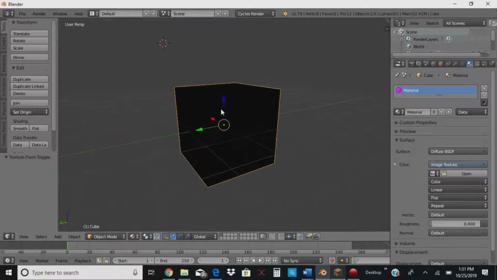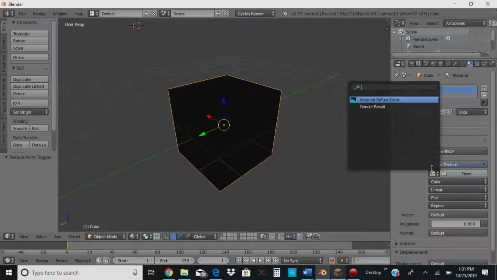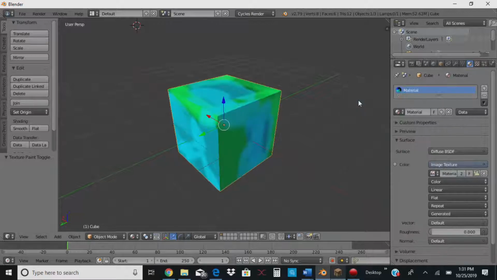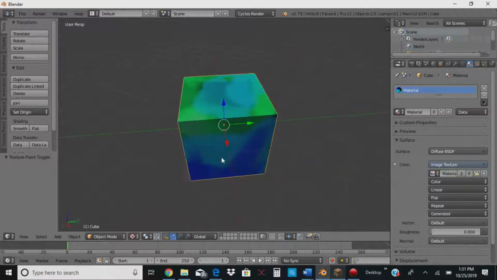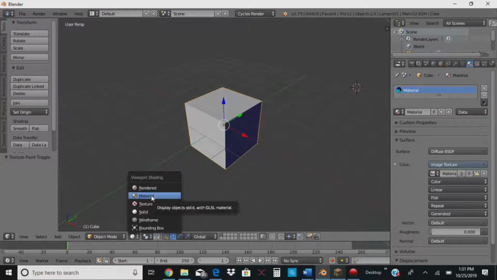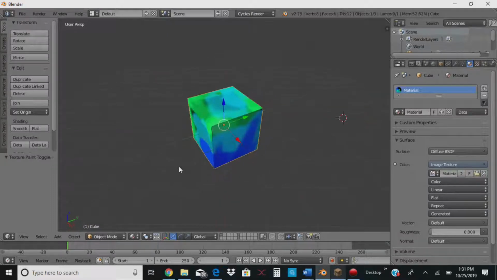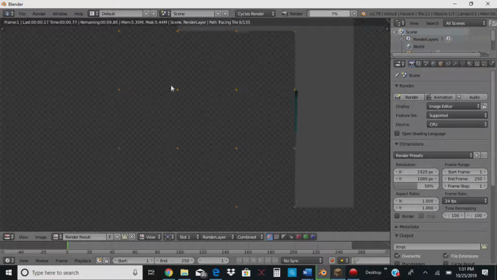Now, as you can see, your object did turn black. So we're going to come to this little image thing and click it. And then you can see my globe texture layout. So you click it, then it'll apply it on there. For Cycles Render, so you can have it in this rendering engine too. And it's the same, you have to put it on material to be able to view it. And if I render down here,